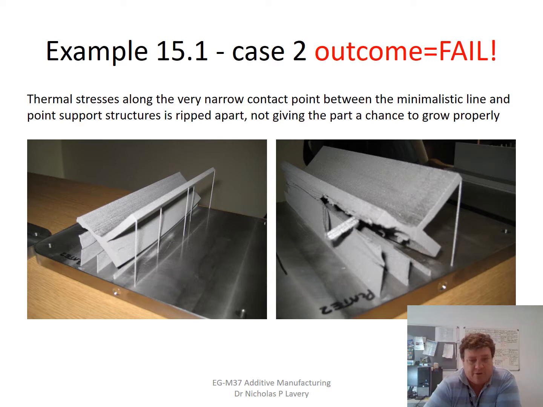Now, in practice, what really happened was disaster. Okay, so you can see here it failed relatively critically because this actually took out the wiper and it stopped the machine from building. It was unable to build the component in any accuracy whatsoever. The support structures tore off at this part here. There was a little bit more success on this part here, but you can see there's a lot of distortion in the part. So the idea of being able to use that critical angle and to minimize the support structures is only true to